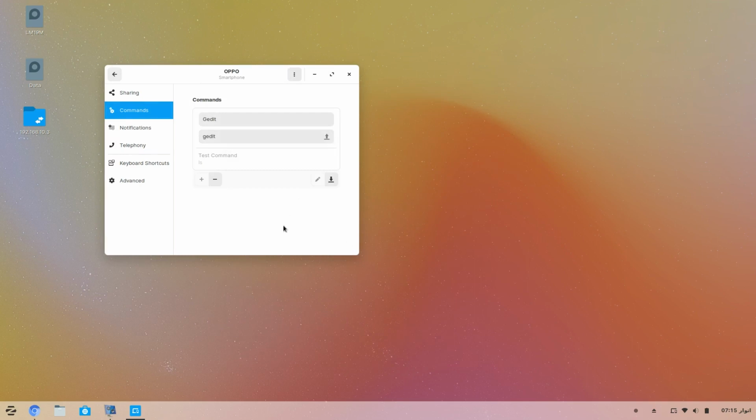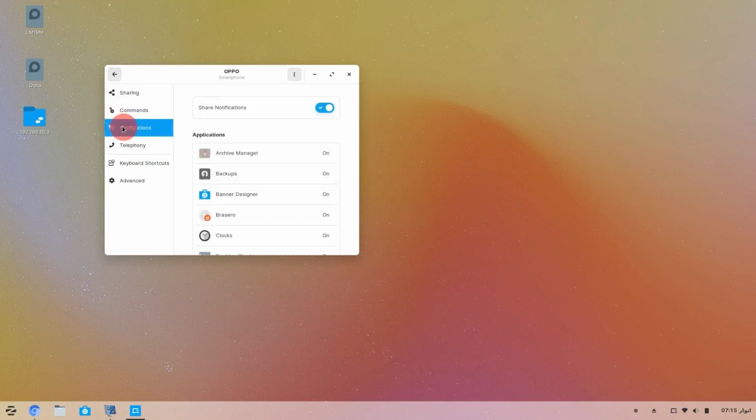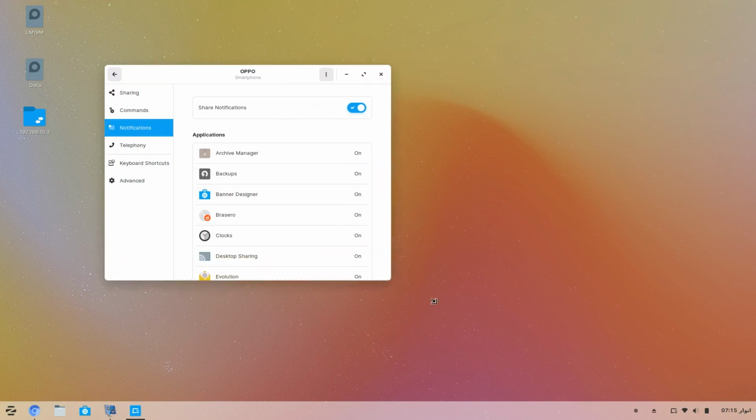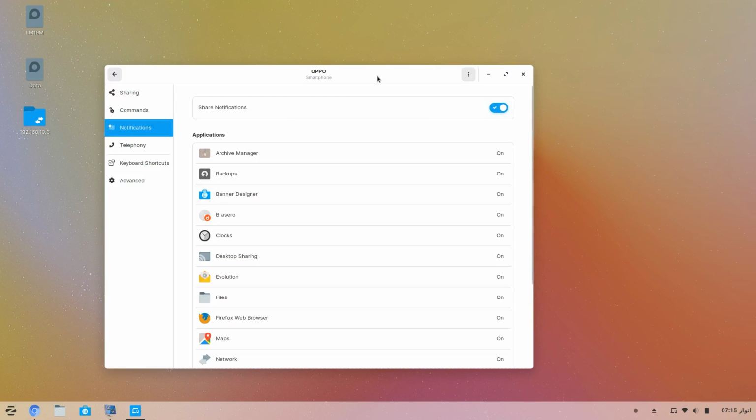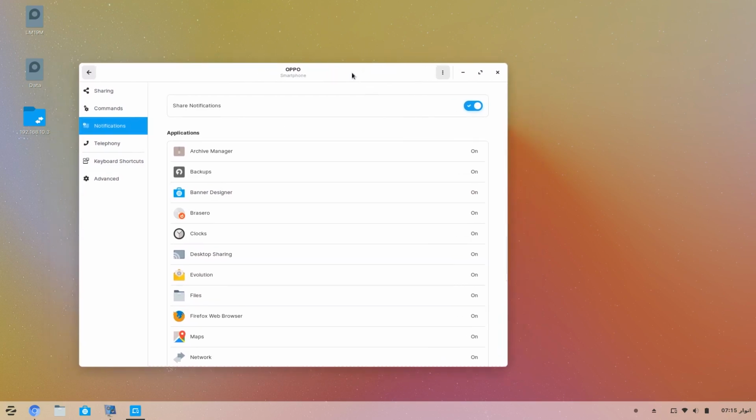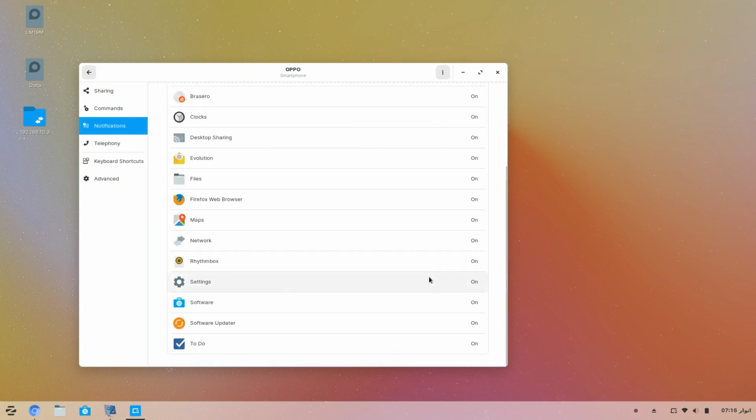This is interesting. Let's move on. Also, you can share notifications from mobile to computer or from computer to mobile. For enabling notification from computer to mobile, you need to enable option